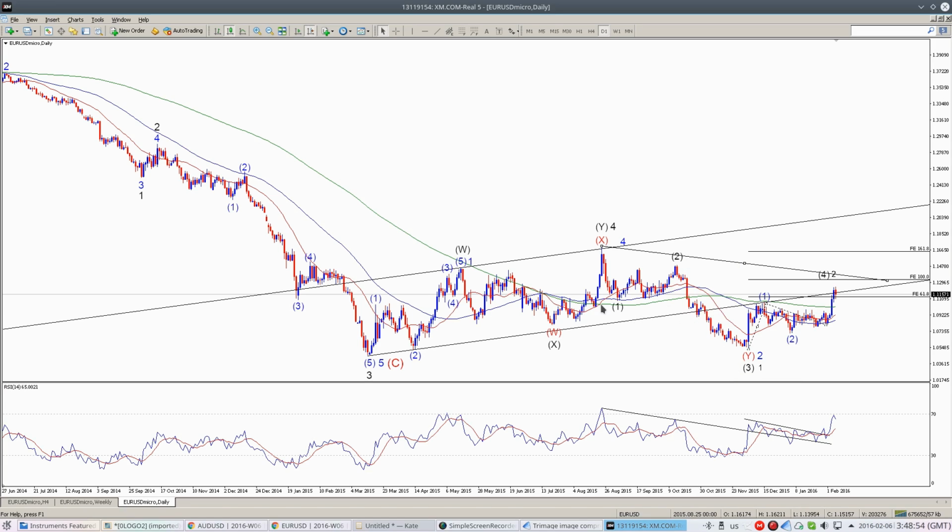The other scenario is that we have wave 1, wave 2, and this wave here is not wave 3 but rather wave 1 of 3, and this would be wave 2 of 3, and we are looking to much lower levels because we then expect wave 3 of 3 and several other waves until we finish wave 5, and that would probably move the pair below parity. But the problem with this count is that